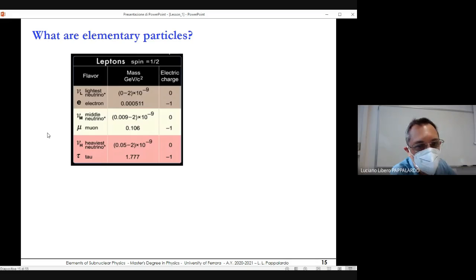The neutrinos have very small mass. We don't know yet today the exact mass of neutrinos. This is still under debate, and there are many experiments around the world trying to measure the mass of the neutrinos. The only thing we know is that it is extremely small, but for sure non-zero. And the fact that it is non-zero is the reason why we observe the phenomenon of neutrino oscillation, so the oscillation between different flavors, from electron to muon, from muon to tau, etc. The neutrinos are neutrally charged, and the others have a charge of -1.